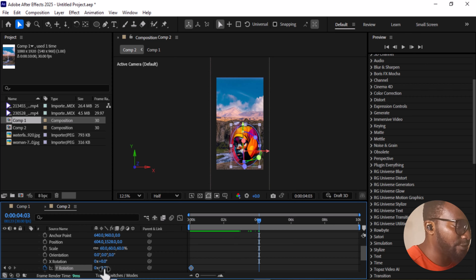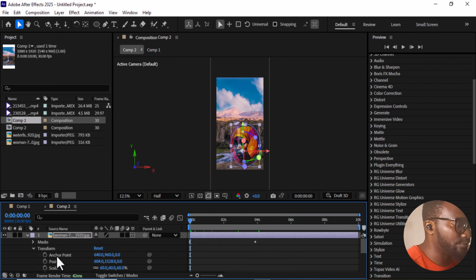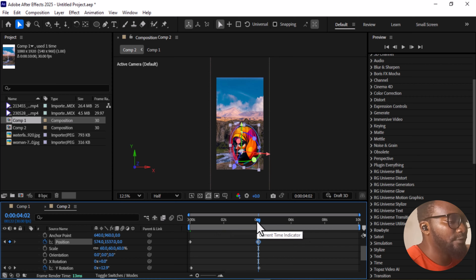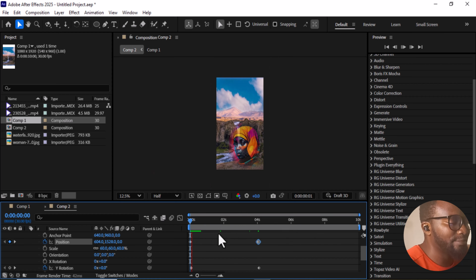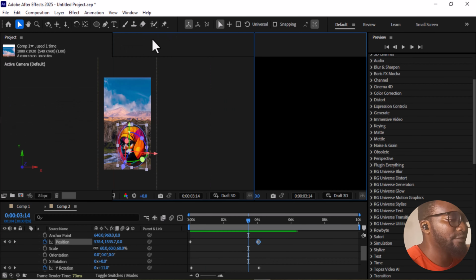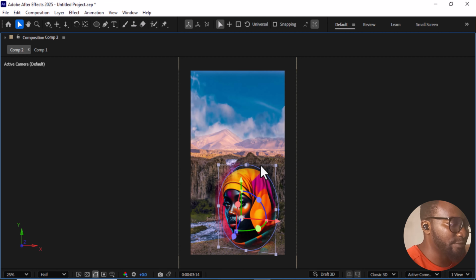So when it rotates a little bit like that, then the next thing also I'm going to do, I'm going to put some keyframes in the position. So the position also, maybe it comes out. It comes out like this. So that is that. It is that simple. So the clouds in the background, the lady is coming out like that. So if I double click here, so that you see the preview and make it bigger,